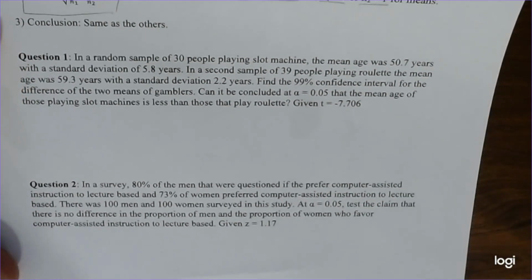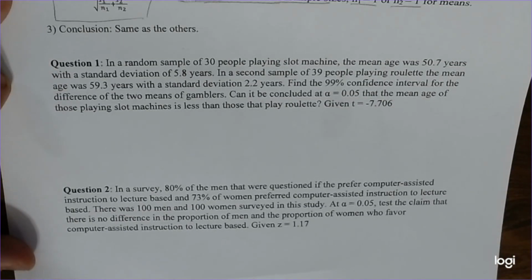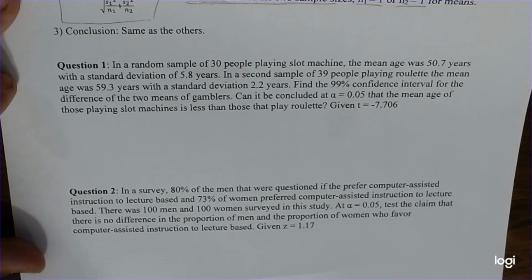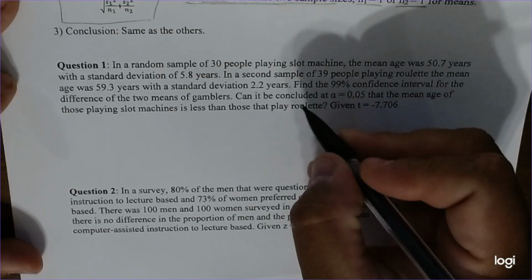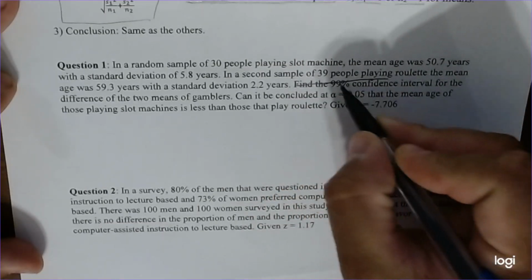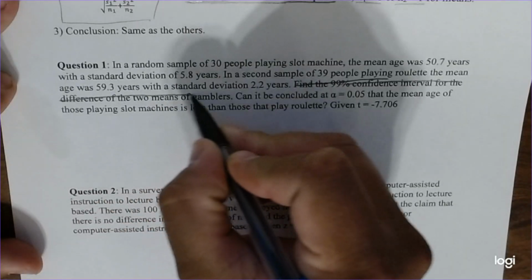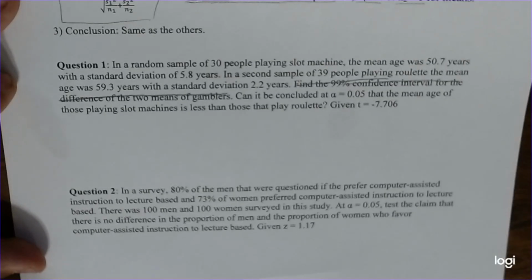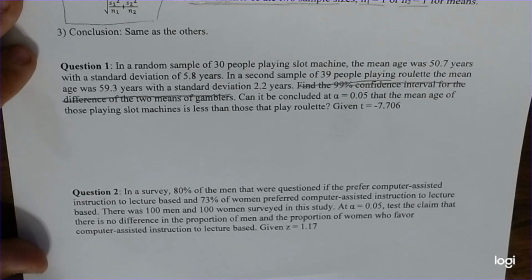Okay. So question 1 says, in a random sample of 30 people playing slot machines, the mean age was 50.7 years with a standard deviation of 5.8 years. In a second sample of 39 people playing roulette, the mean age was 59.3 years with a standard deviation of 2.2 years. Now, we're not going to find the confidence interval, because we did that last portion, so we're just going to eliminate this right here. But we want to do this one. Can it be concluded at alpha equals 0.05 that the mean age of those playing slot machines is less than